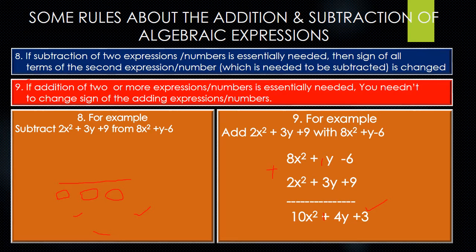And now this negative sign will work. This positive sign doesn't work now. So this term is negative and this term is positive. So we subtract negative from positive, or we subtract positive from negative, with the sign of the greater expression to be put. So here you look, we will subtract 2 from 8 and we will get 6x square.